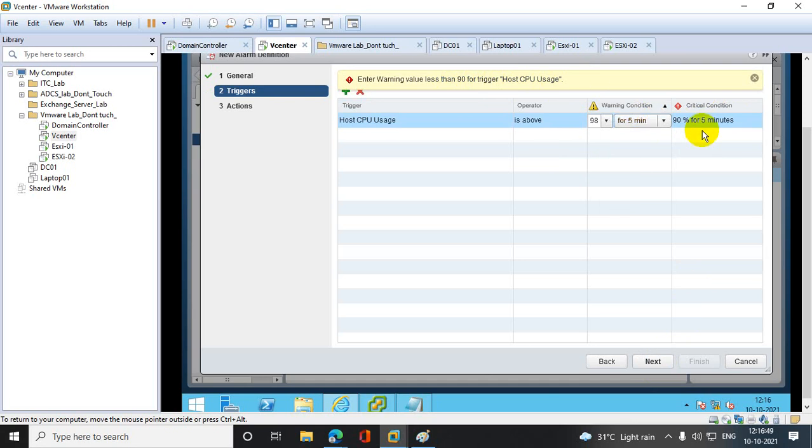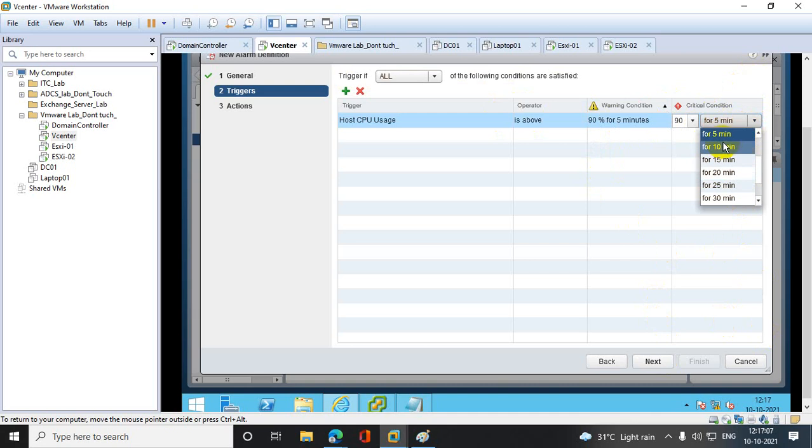Enter warning values. Okay. So warning is, let's say, 90%. Sustain 45 minutes. Is it not giving me 98% or what?